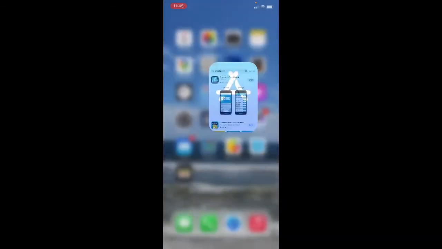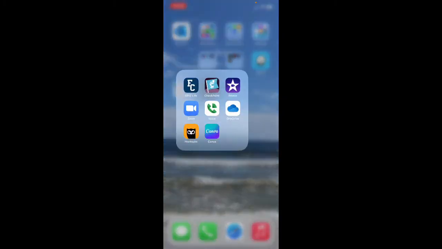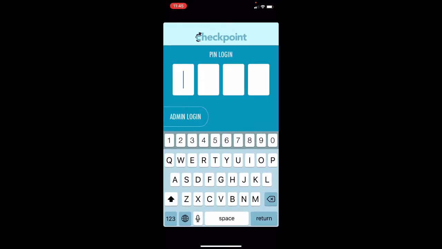Now that you have the app on your phone and you've looked up the 4-digit PIN for your event, you'll be able to take attendance. Please note that the PIN for your event will probably not start working until about an hour before the event start time, but it should continue to work for that hour leading up to the event start and throughout the